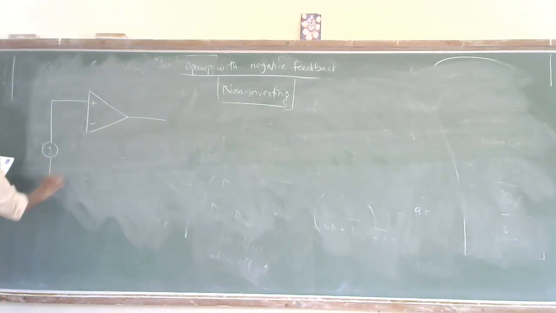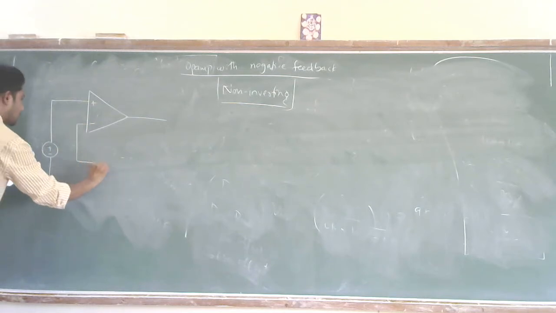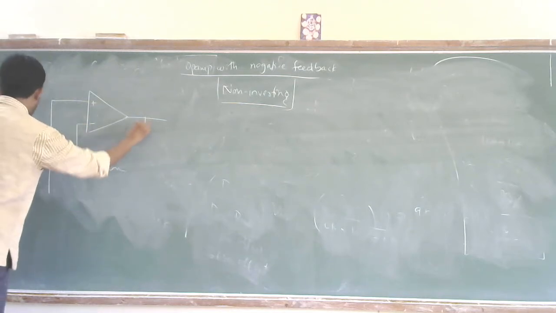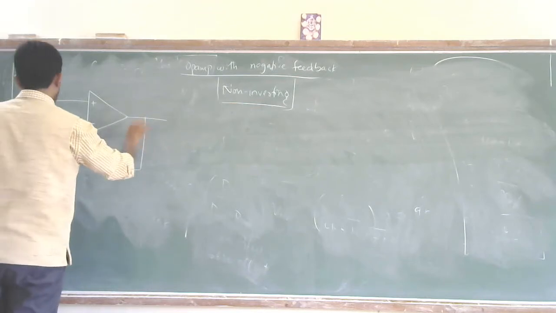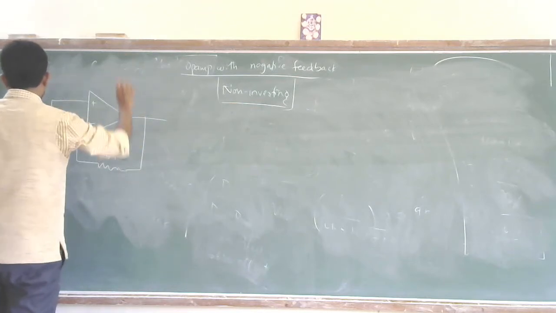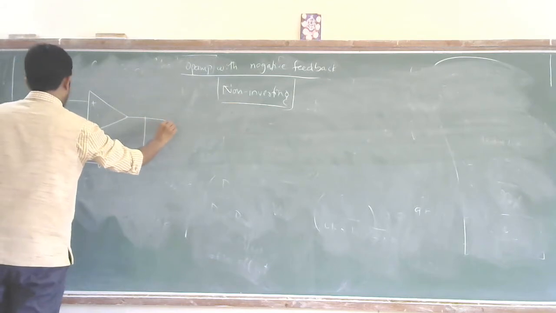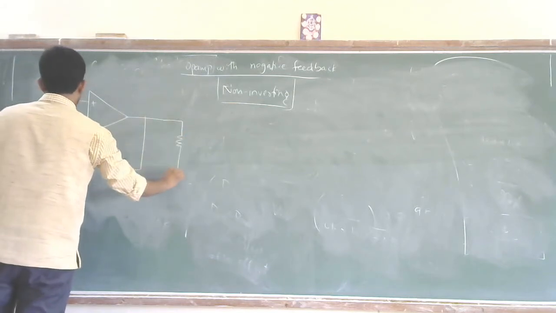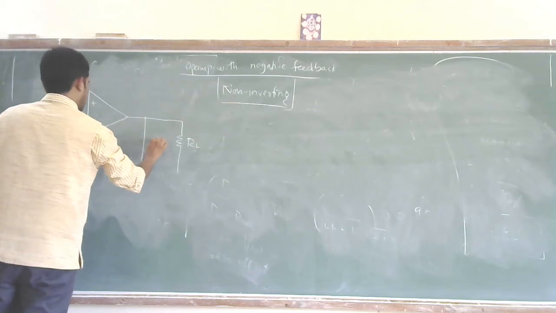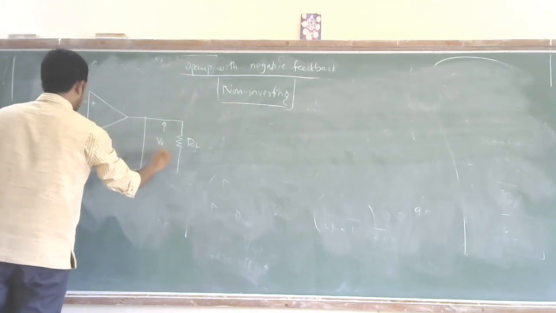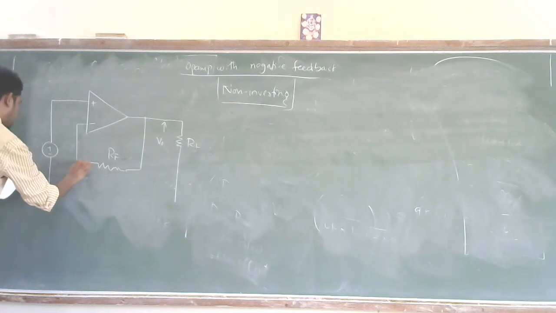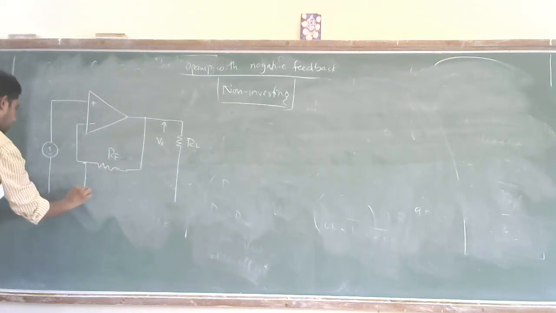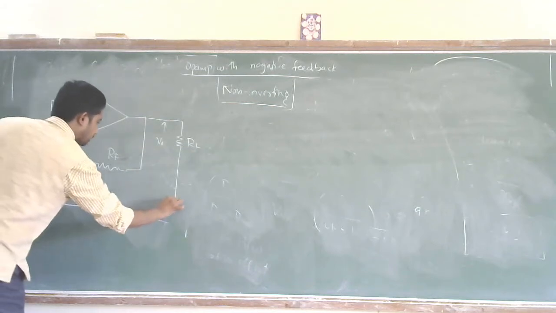So the two terminals, which are inverting and non-inverting, and I have feedback resistance RF connected from the output to the inverting terminal over here. And by the way, why are we calling this a non-inverting amplifier? Can anybody tell me? I say this is a non-inverting amplifier. Can you just see here? The input is given to the non-inverting terminal, and that is the reason why I claim this as a non-inverting amplifier.